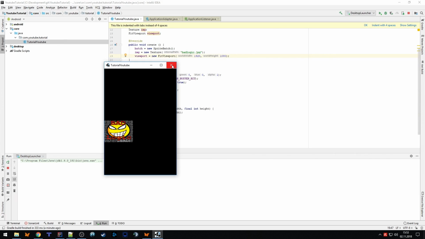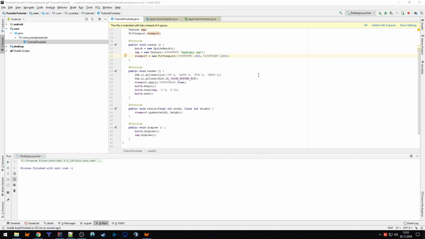Perfect. And I think that's it for now, because I don't want to confuse you a lot at the beginning with those details. So that's what we learned now about the life cycle of a libGDX application, and also about the viewport, so how you can view your game. We come back to that later on in additional parts, where we get more details about that.